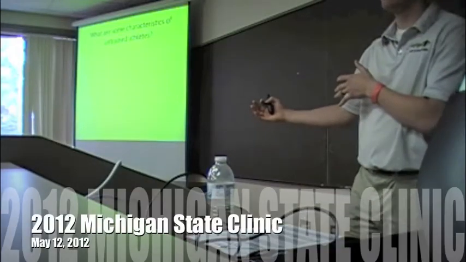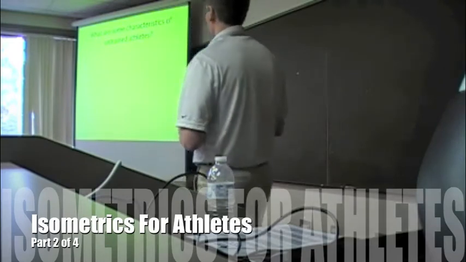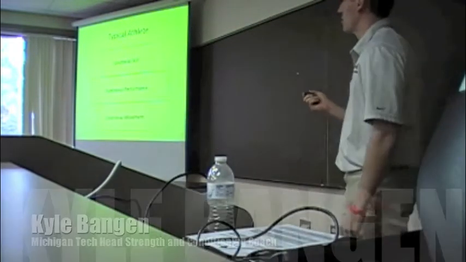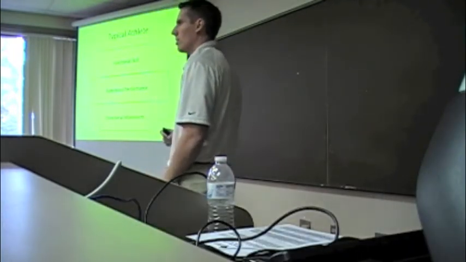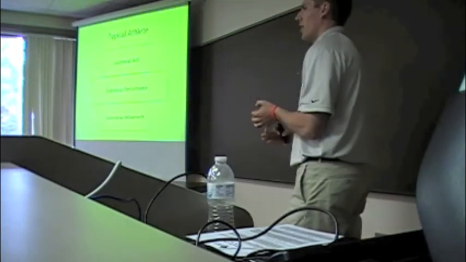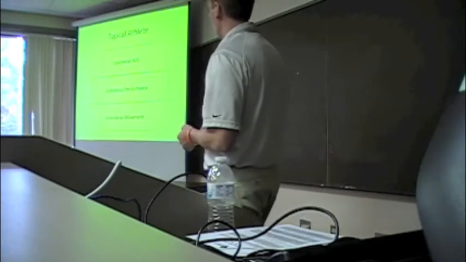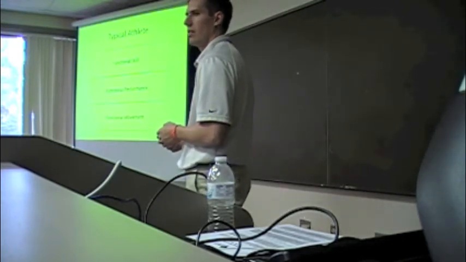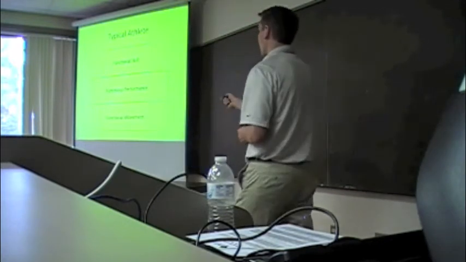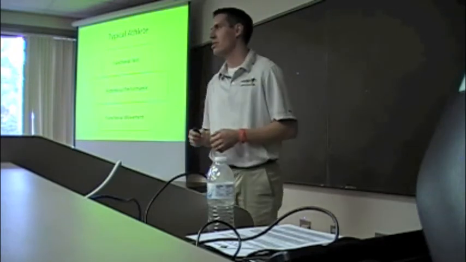So the second question: what are some characteristics of our untrained athletes? Typically, the athlete we'll see come in, remember, we get recruited from the top down. We'll have some great skill, hopefully some good strength, some good power, some good conditioning. They may be lacking in that functional movement area. If we can get athletes that have great skill, great movement, and then lacking in the functional performance area,